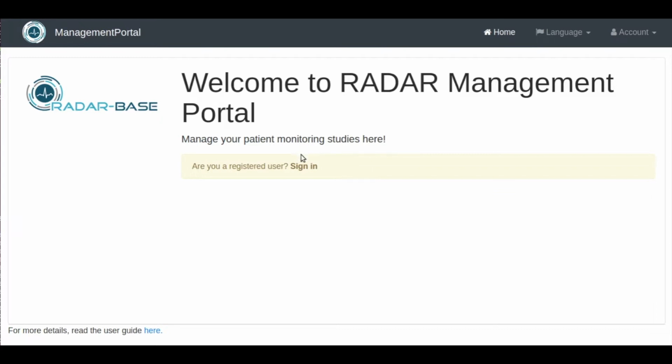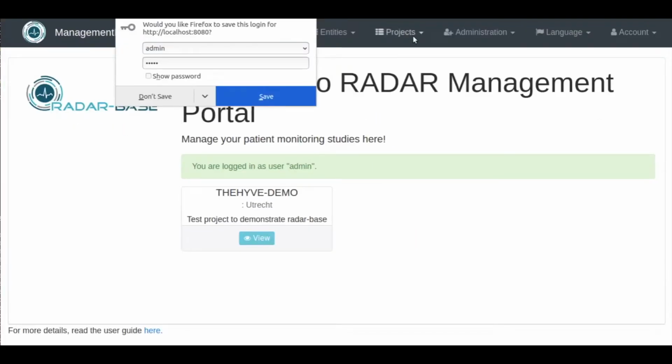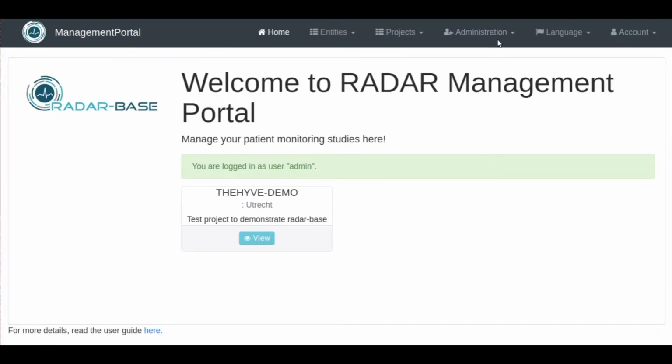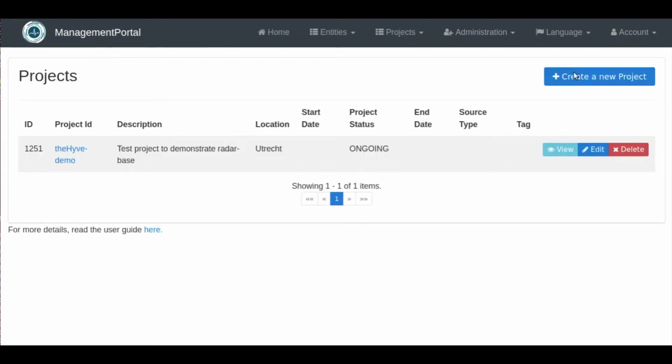Now I'm logged in as a system admin. The first step to start a study using ReaderBase is to create a project in the management portal and assign users with project-level access rights. Only a user with system admin privileges can create a project and users. First, create a project using the management portal, enter your study details,